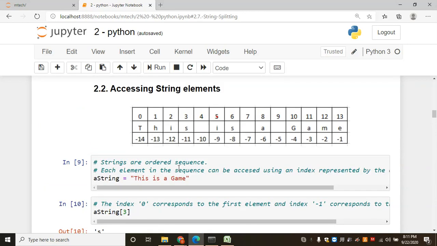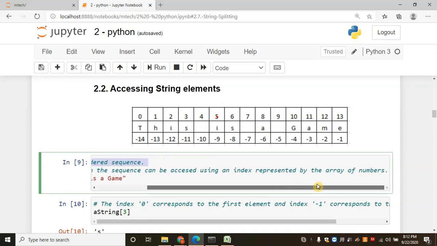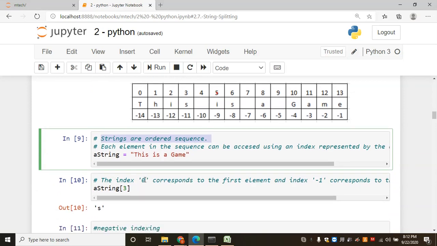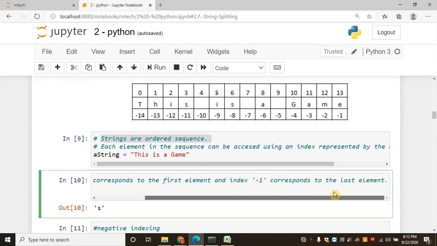Now accessing string elements. Strings are an ordered sequence. Each element in the sequence can be accessed using an index represented by an array of numbers. For example, I have a string, this is a game, assigned to a variable. The index of 0 corresponds to the first element and index of -1 corresponds to the last element.